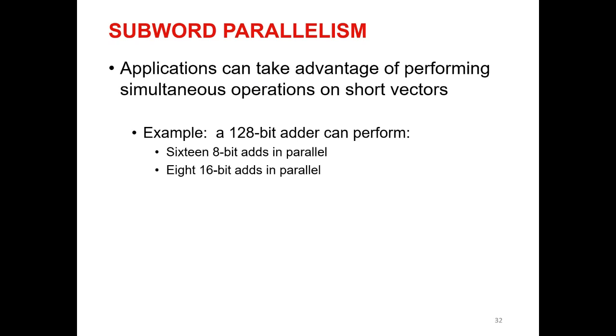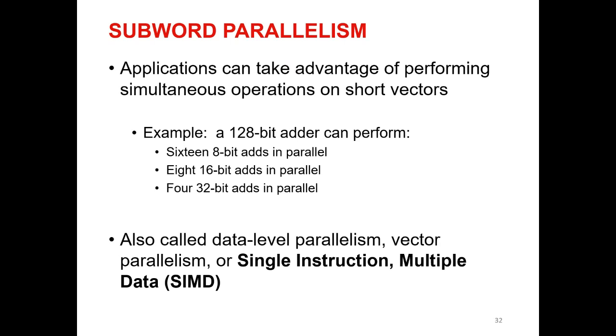I'm going to show you a graphical example later. The same will happen for other sizes: instead of having 16 8-bit adds, I could do 8 16-bit adds with this 128-bit adder, and a more simple way would be doing 4 32-bit adds in parallel. This is called single instruction multiple data, because in a single instruction I'm going to add multiple data which is located in the same register, in the same input operand of the instruction.